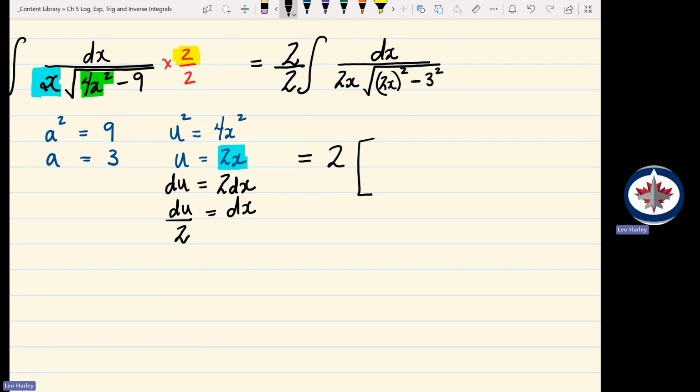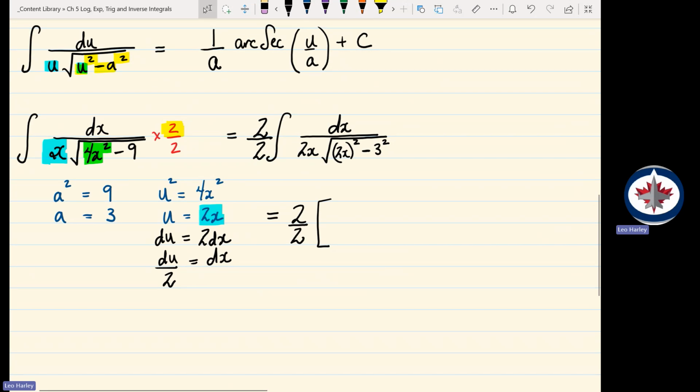So if that's the case, is this not just 2/2 on the outside here? Again, this convenient version of 1 shows up. Not a bad thing. As we move forward, though, it's going to be 1 over the a value, which happens to be 3. Arc secant